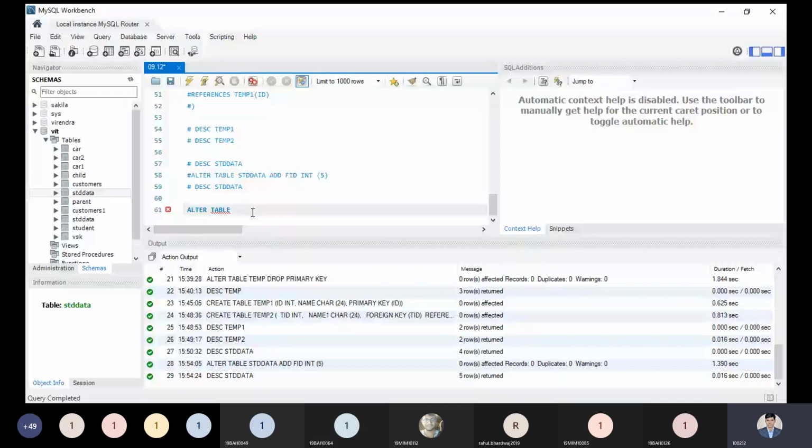So ALTER TABLE, what is the table? Student data, sorry, student data ADD FOREIGN KEY. Good, you are on the right track. FOREIGN KEY with parentheses. If we are creating the foreign key, then we need to pass the column name, FID. So the foreign key we want to make is FID, and REFERENCES